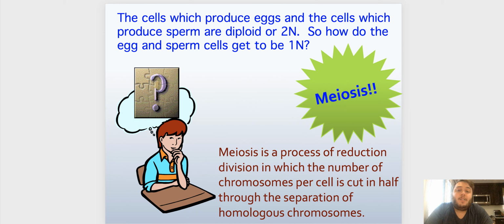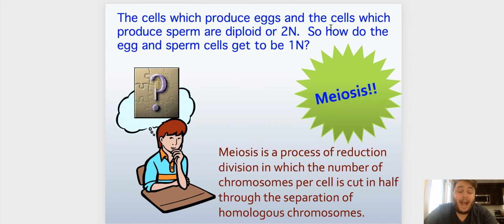Okay, so the cells which produce eggs and the cells which produce sperm are diploid or 2n. So how do the egg and sperm cells get to be 1n? This is important to understand, right? Because we talk about how egg is 23 chromosomes haploid, sperm is 23 chromosomes haploid, but it only is like that because of meiosis. In reality, when sperm and when egg are created, they are 46 chromosomes on their own,